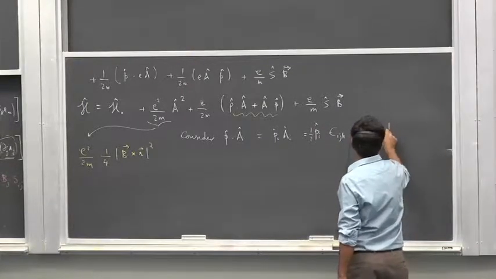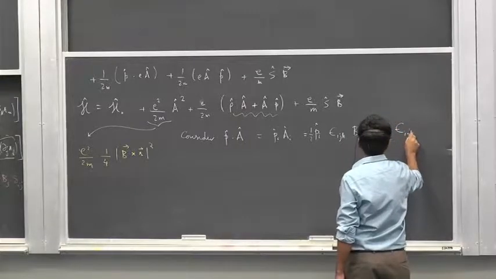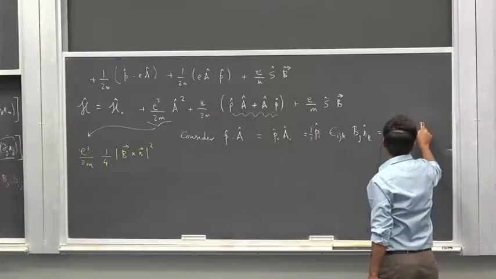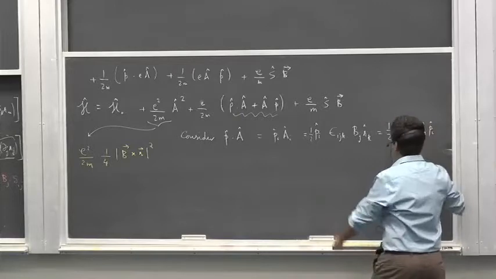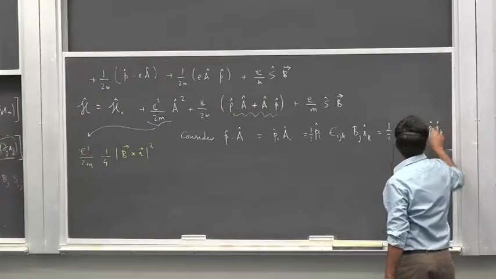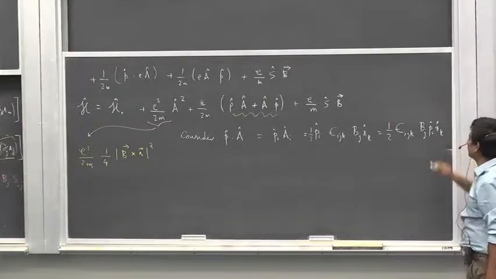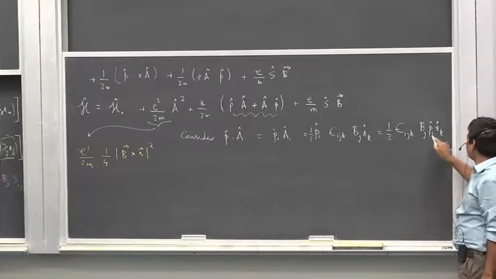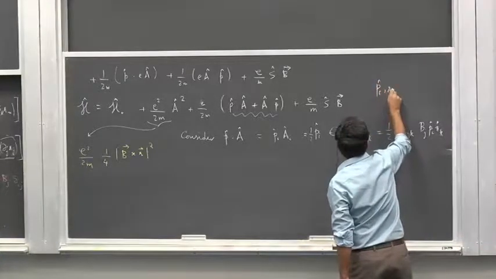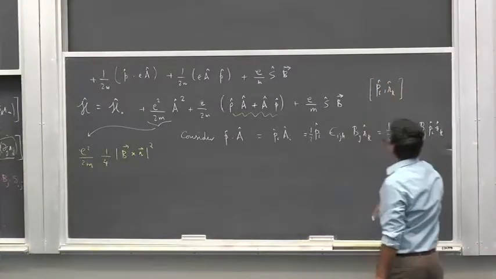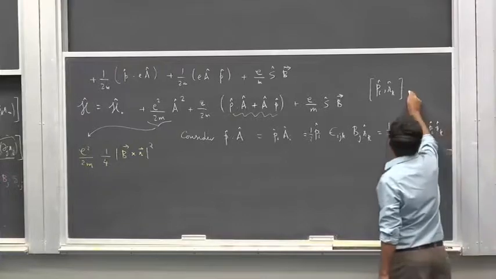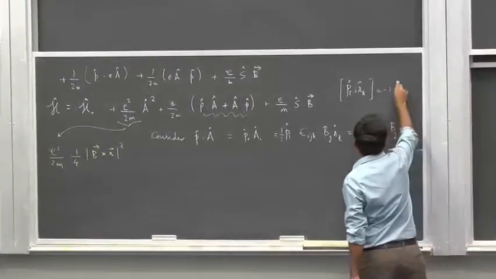So this is half epsilon_ijk. This is now just a scalar, it can go anywhere. B_j. Now I'm preserving the order between this momentum and the position operator: p_i r_k. Now look at this term. What's the commutator between the position and the momentum operator? What is [p_i, r_k] equal to? It is the minus iota h bar